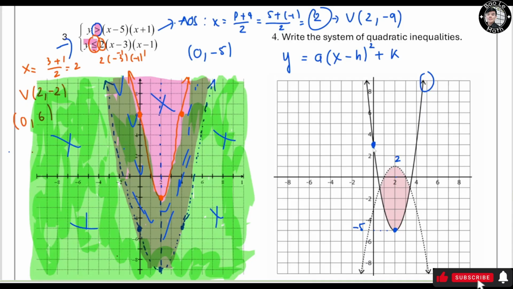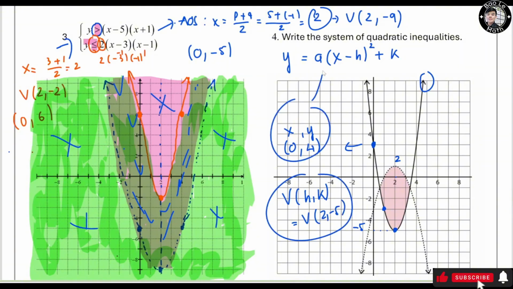Now, if you don't have the y-intercept, you can pick any other pair on the graph. You could pick the points right here, and you still get the same answer. But I have the y-intercept, so that's easier for me. So the y-intercept is (0, 4), which is x and y. And the vertex is (2, negative 5), which is h and k. So I substitute these into the quadratic equation right here